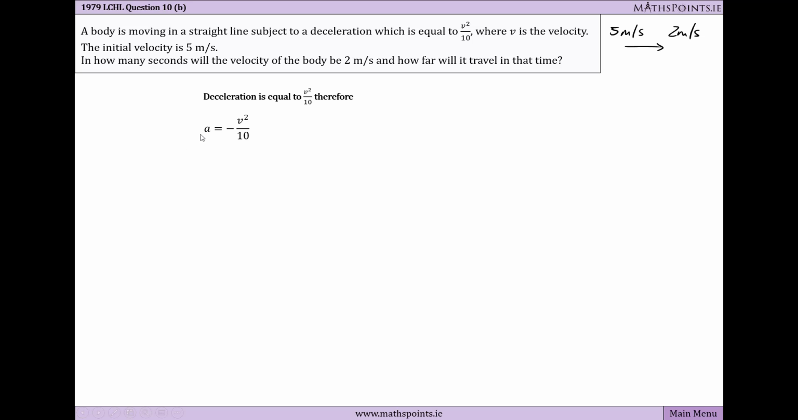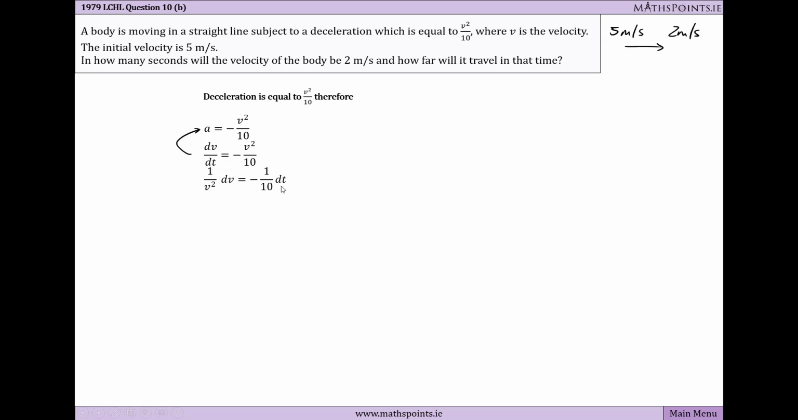So what we're going to do is change the a into dv/dt. Remember that dv/dt is the change in the velocity over time, which is equivalent to acceleration. So dv/dt is equal to minus v squared over 10. We're going to collect the v terms on the left hand side and any t terms on the right hand side. So if I divide both sides by v squared, I have 1 over v squared dv